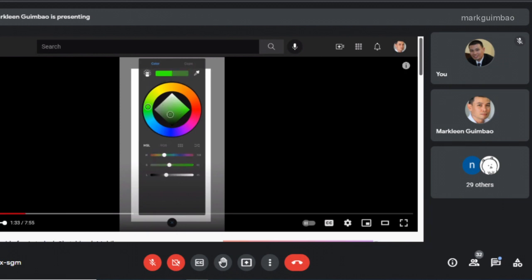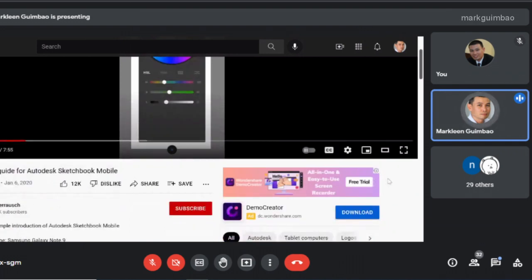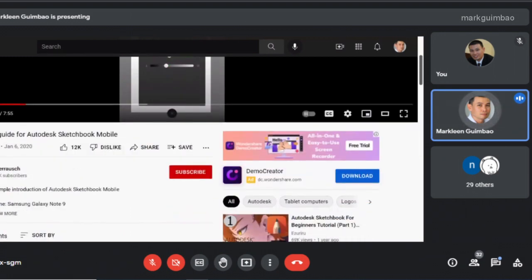Okay, so ito yung so far yung pinaka magandang tutorial for beginners, no? When it comes to Autodesk Sketchbook. So hanapin niyo lang, no? Pero so far, when you're a first-time user of Autodesk, ito na kasi mayroon siyang ano, yung parang